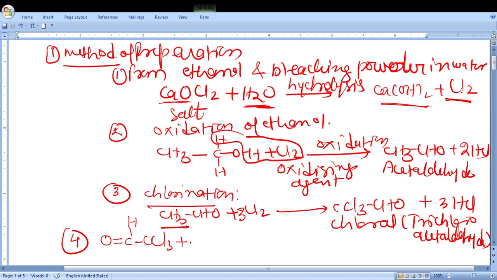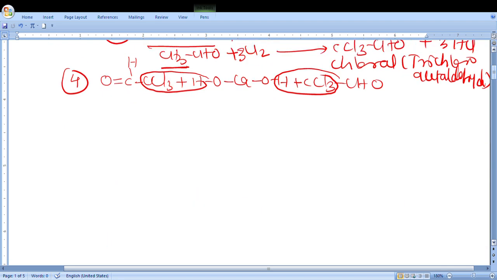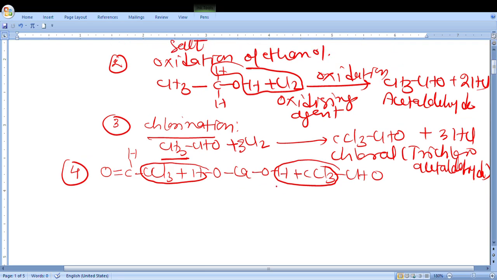Calcium hydroxide we will write in this way, HO, Ca, OH plus CCl3CHO. Now, two molecules of chloroform are getting removed. Two molecules of CHCl3 plus